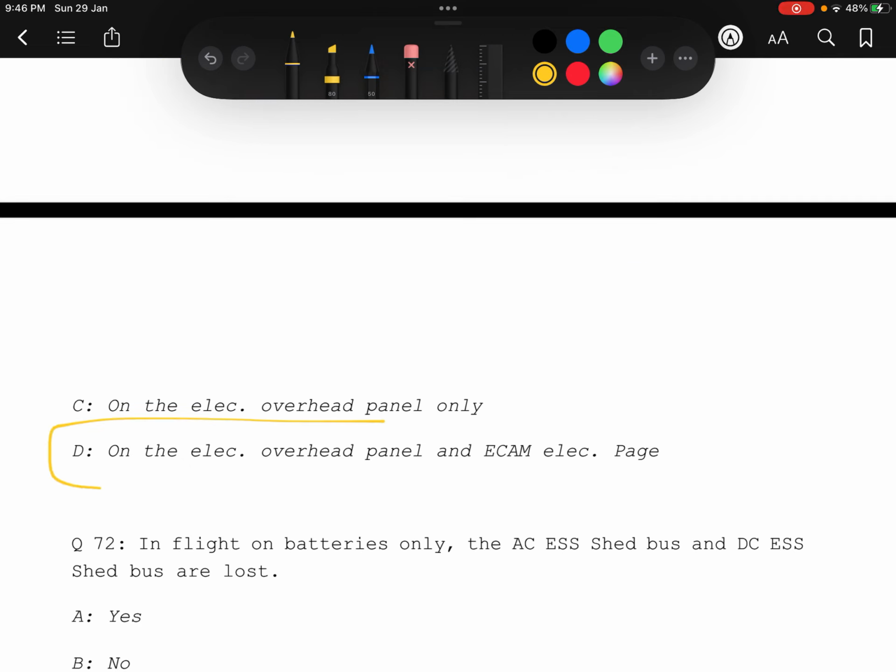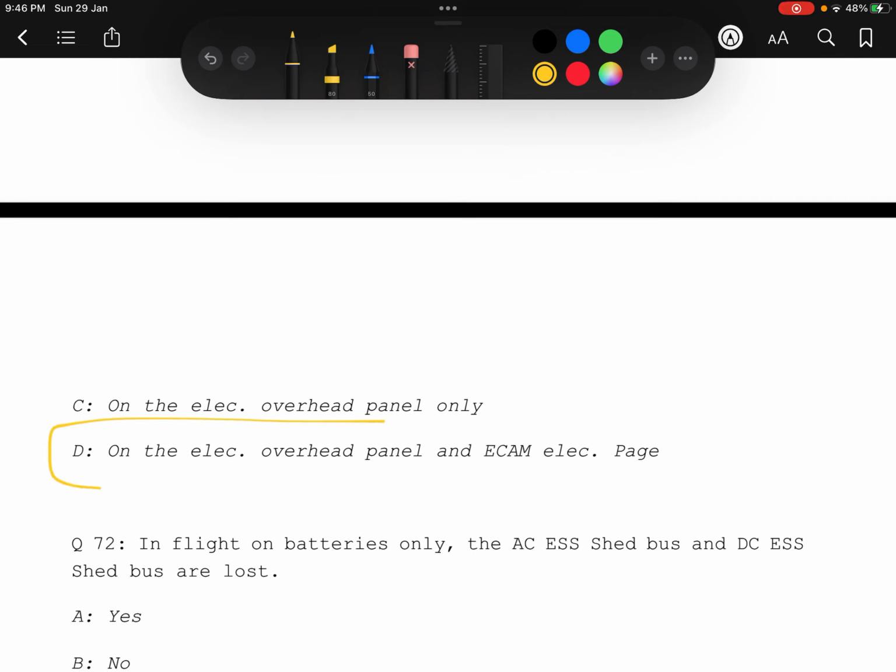In flight on batteries only, AC essential shared and DC essential shared buses are lost. Yes, they are lost. Very true. 73, the static inverter works. When does it work? Always? No, not at all. When aircraft speed is greater than 50 knots and on batteries only. Should I show you this, or you will be